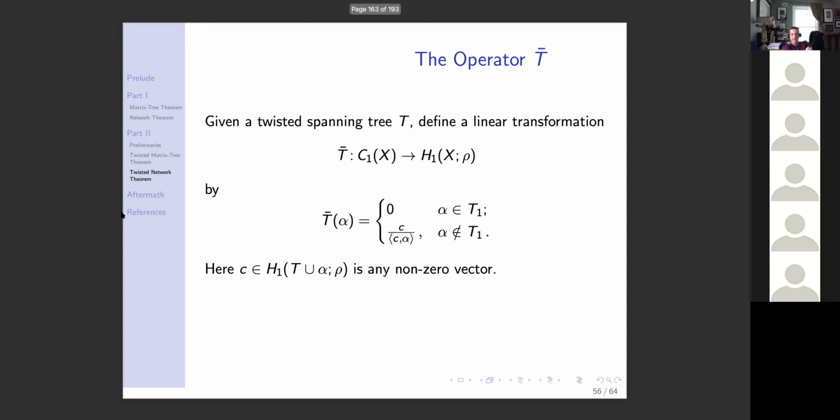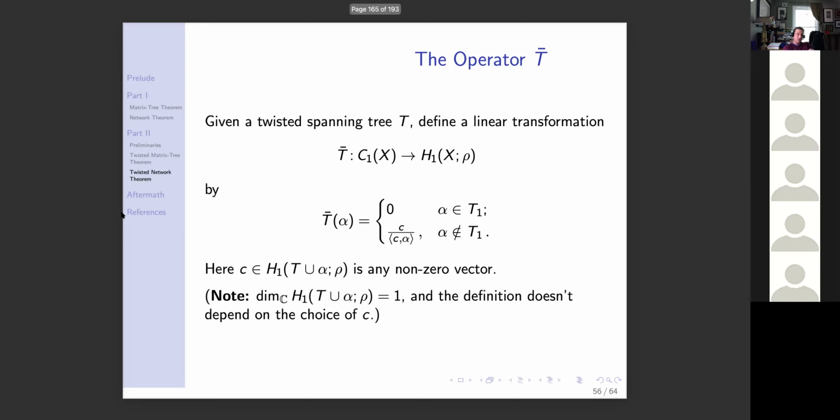So you choose any non-zero vector in the first homology with twisted coefficients, right? With these line bundle coefficients. Now we know this first homology has dimension 1. It's non-zero and has dimension 1. So we choose any non-zero vector, any vector which spans that one-dimensional vector space, and then rescale that vector by dividing by the inner product of it with the vector alpha. So that normalizes it. And it turns out if you do it, what you get doesn't depend upon the choice of this